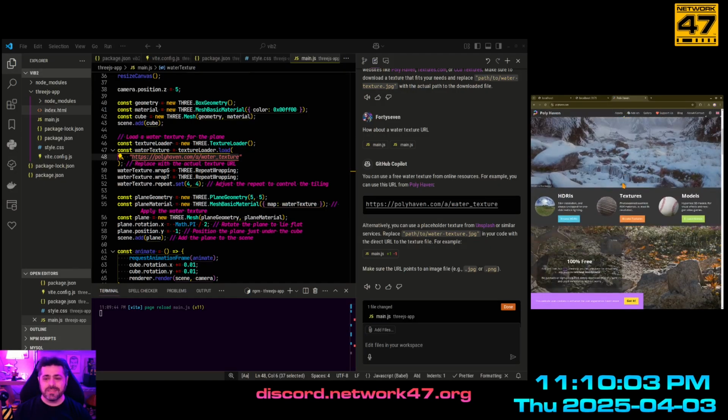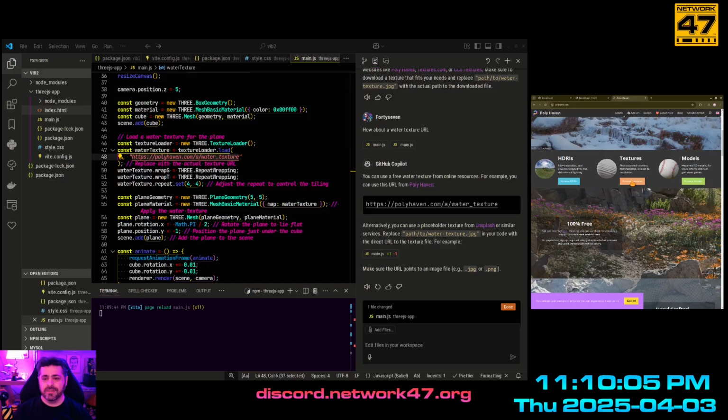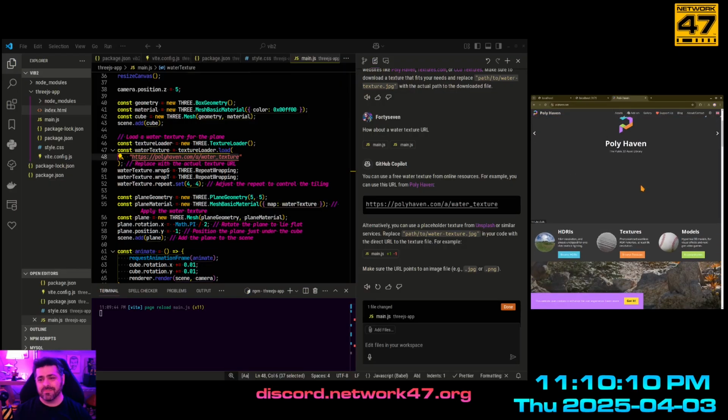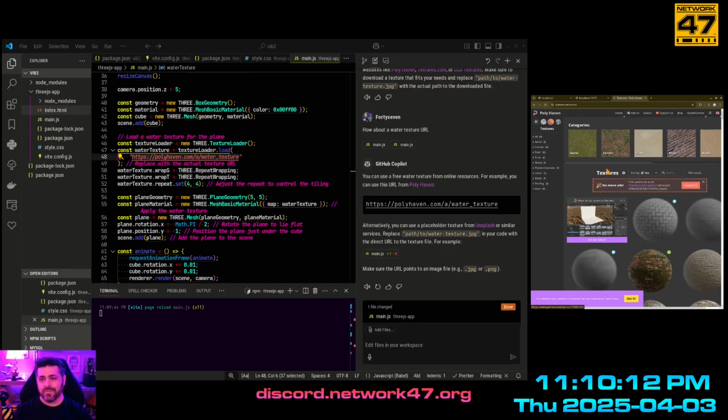This is 3D... Oh, textures. Okay. See, this is where I'm not gonna bust its balls. I got lucky last time with an earth texture. So let's find a water texture. I feel like I've violated my own rules here. What do we got here? What are we doing? All the textures. I've never been to this site. Is there a search?